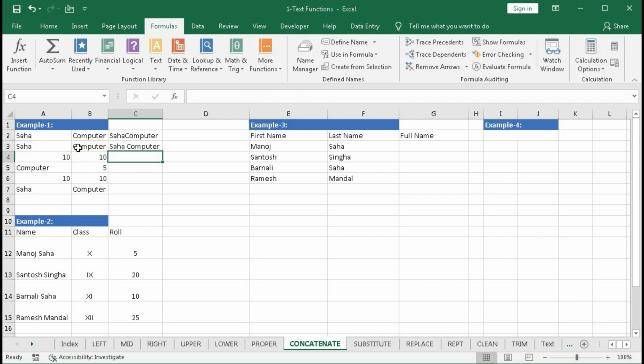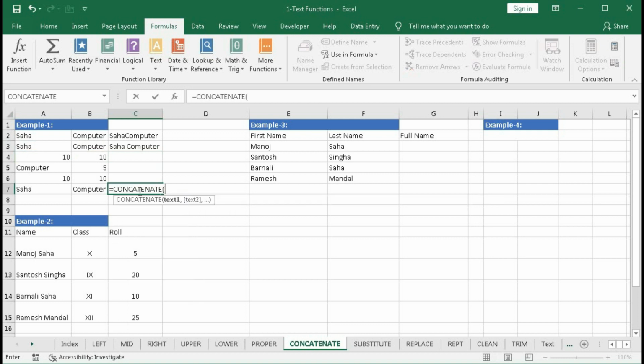So we got Shaha space computer. Or you can do it in this way. Here type equal to CONCATENATE, type within quotes Shaha space, quote close, comma, the second, bracket close and enter. Then also we got Shaha computer.